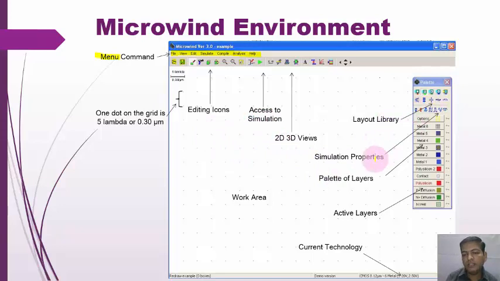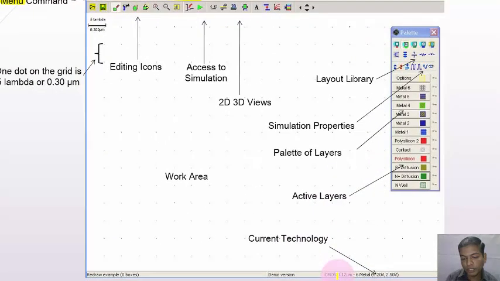Then here the layout library, simulation properties, palette of layers, active layers, then current technology. What is the current technology? CMOS 0.12 micrometer technology.